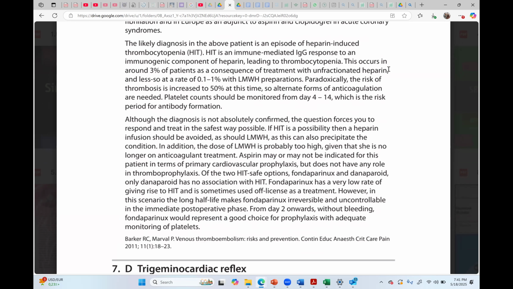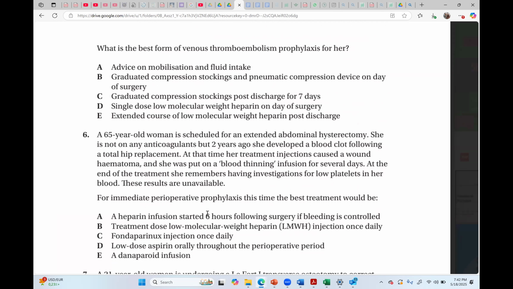So the question was, in the immediate post-operative period, which is the better choice? For that, you should have very extensive knowledge of these. If this question comes to your exam, it will be a very challenging question. So you should know the individual properties. As they have mentioned, one thing you identify is that fondaparinux has a long half-life. Okay.